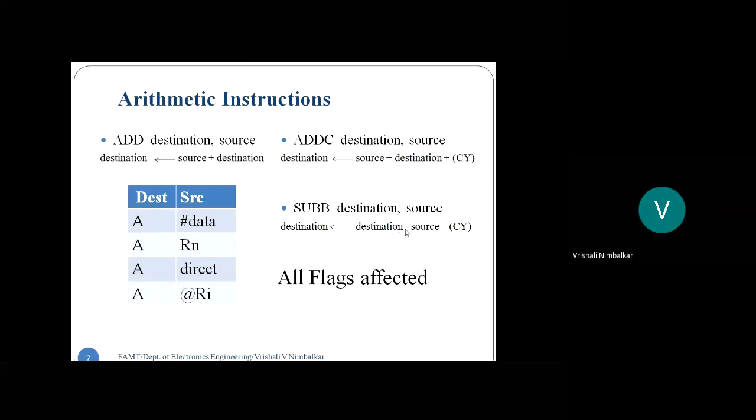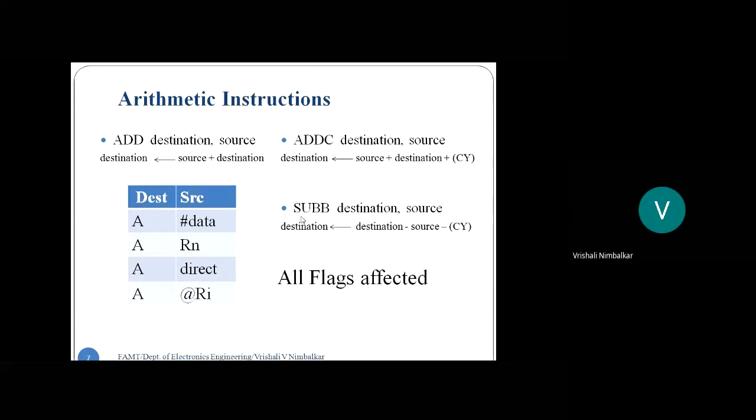It is destination minus source minus the 1-bit carry flag. Carry acts as a borrow flag during subtraction. We do not have a normal subtract instruction. It's always subtract with borrow. So whenever we are adding or subtracting two 8-bit numbers, I don't need the carry and the borrow flags. Whenever we are adding or subtracting numbers more than 8-bit, then and only then we need the carry and the borrow flags. But during normal 8-bit operations, I don't need the carry and the borrow.